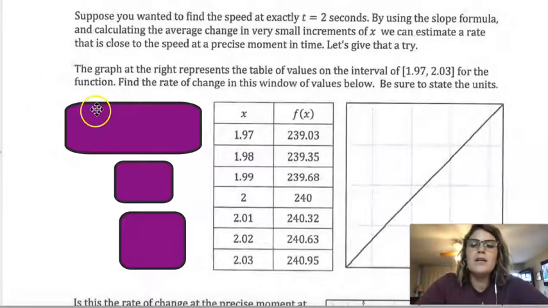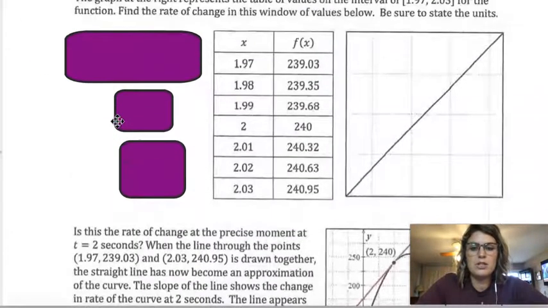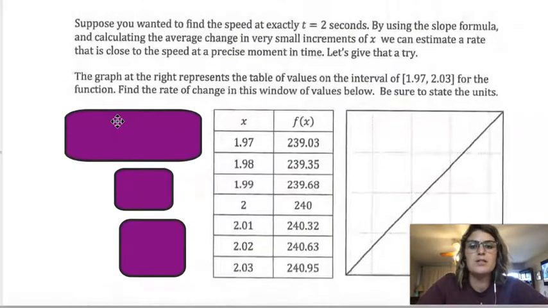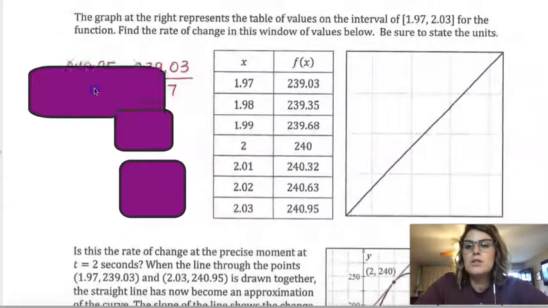Alright, so the graph at the right represents the table of values on the interval of 1.97 to 2.03. And that's for the function, are we given the function anywhere? I don't see it. Okay, so some function. And it says to find the rate of change in this window of values below, be sure to state the units. So if we do that,